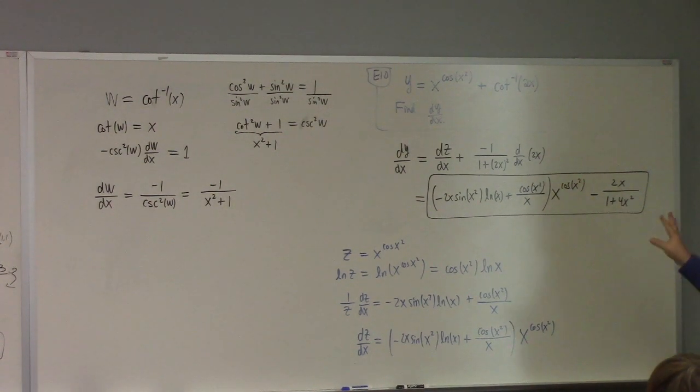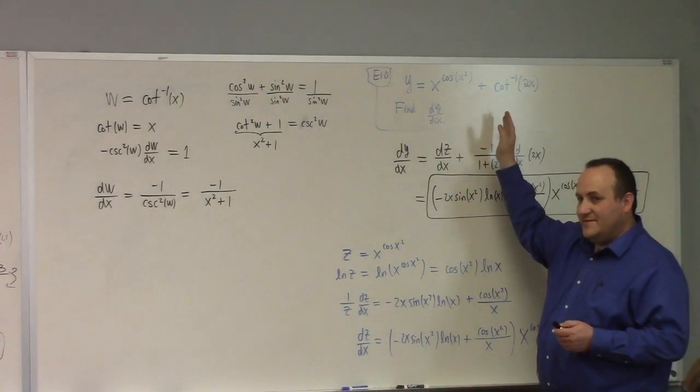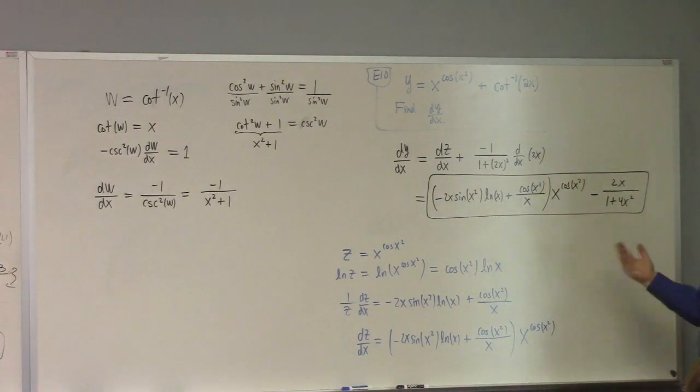This is a challenge problem. Even an A student who knows full well how to differentiate the first term and the second term, in the heat of battle on the test, might not have the simple thought, oh, I need to break this up and calculate the derivative of the left term and the right term separately and then add those together. Because if you just try to take the natural log of this equation, that doesn't work. The natural log of a sum isn't anything. You're just stuck. You can't simplify it like that.